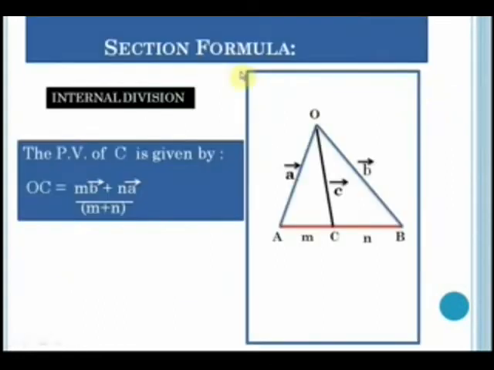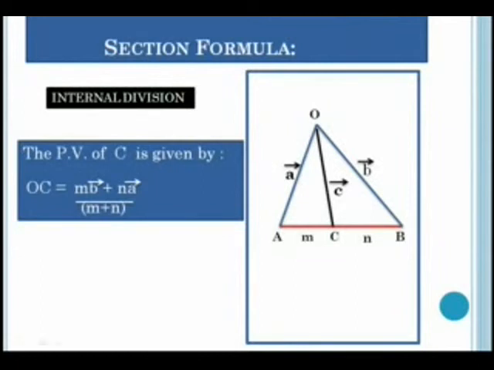The next is the section formula. Now we have studied the section formula in coordinate geometry. So we are going to study the same concept in vectors, and the first is internal division. So let us say that this is the vector A, which is equal to OA. This is the vector B, which is equal to OB, and we have any line AB. Let us say that C is any point between A and B, and such that C divides AB in the ratio of m:n. So this is a case of internal division, where C divides the segment AB into 2 parts which are in the ratio of m:n. That is, AC by CB is equal to m by n.